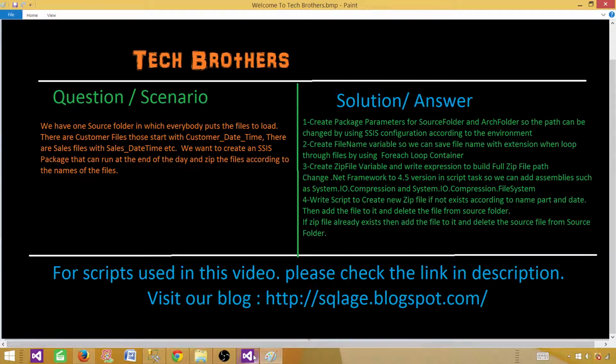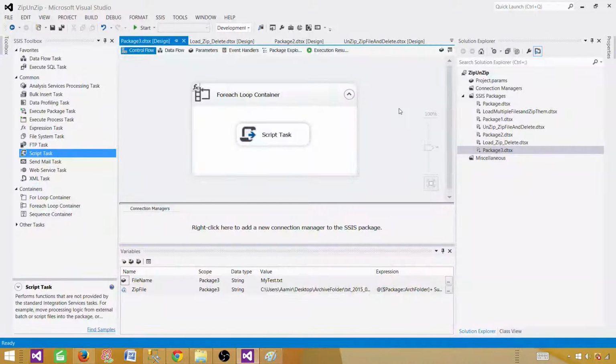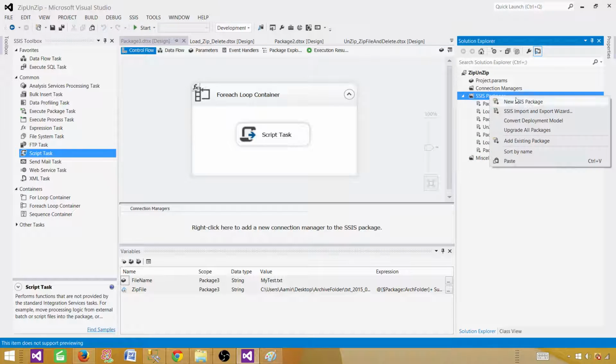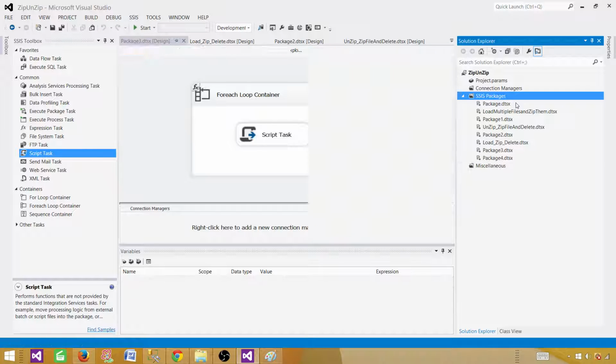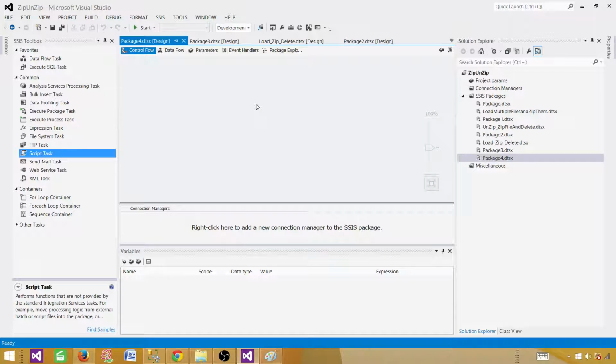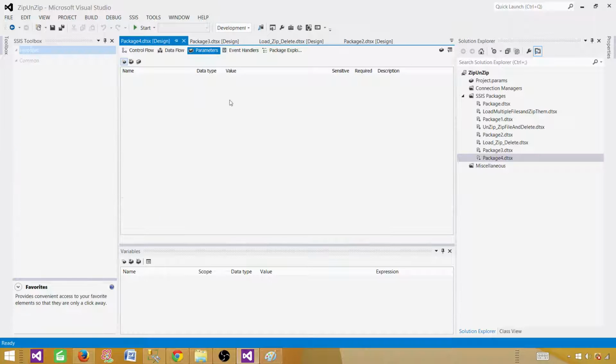So let's go and create a package. Open your BIDS or SSDT, SQL Server Data Tools, and click here on SSIS packages, new SSIS package. In my case I'm using SSIS 2012, so I can go ahead and create the parameters. But if you are using an old version such as SSIS 2008 or 2005, you will not be able to create parameters. So you go ahead and create variables with the same names that I'm using. In my case parameters, in your case if you are using an old version, you will be creating variables. So we have input folder, that's one of the parameters,